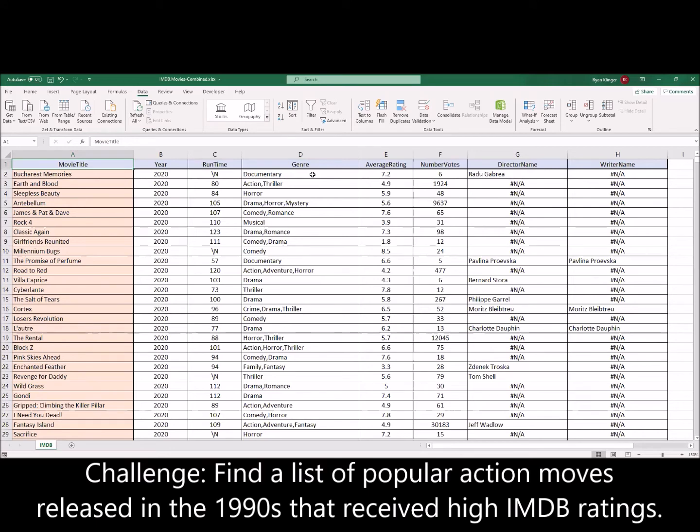So I love a good 90s action movie. I want to see a list of popular action movies released in the 1990s that received an average rating of an 8 or higher. Let's apply some filters. First, I want my view to only see action movies, so I'll toggle the filter button on and then select